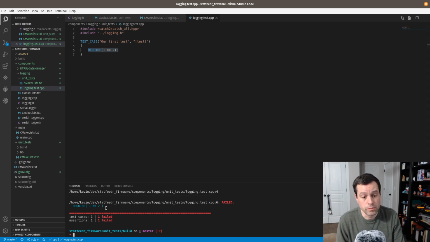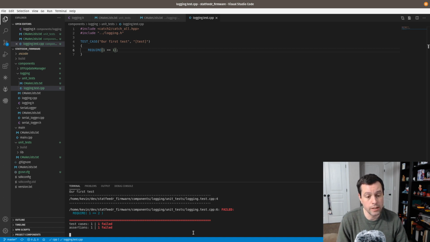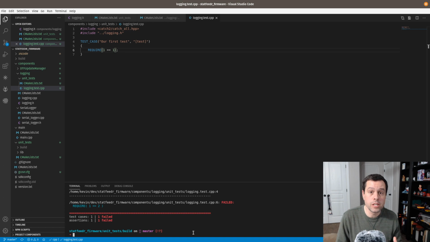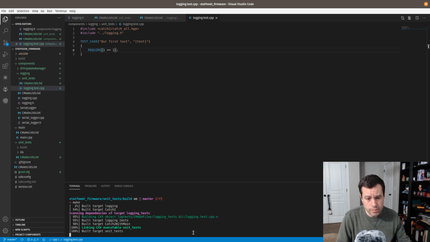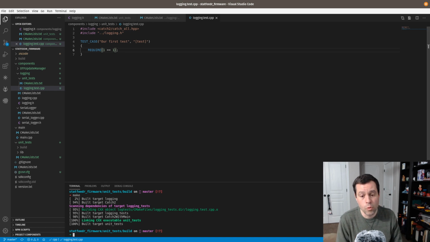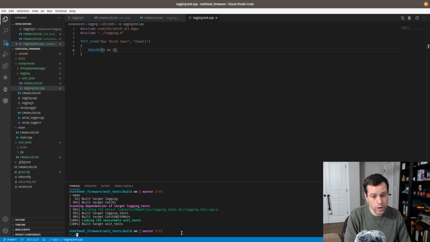And so you can see that it failed, and it says require 1 == 2, and that's not correct. So I'm going to go ahead and change it to 1 == 1 to make it pass. And then I can't just run it again. If I run unit tests again, it's going to fail. That's because in C++, unlike in JavaScript or another dynamic language, we have to recompile. So we're going to say make again. Make this time is just going to rebuild the one object file that has our test, because that's the only thing that changed. And now if we run unit tests,